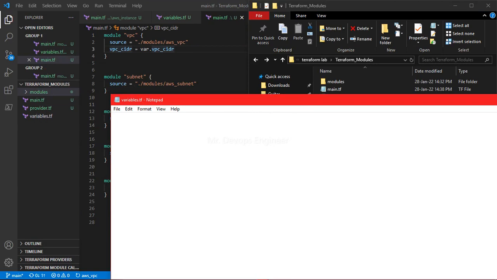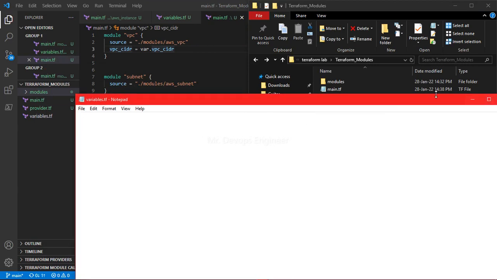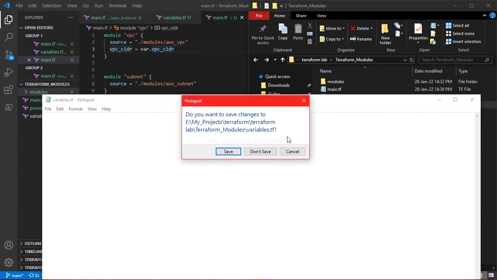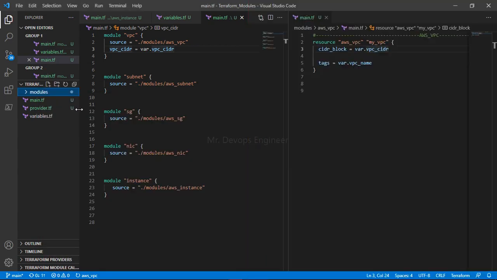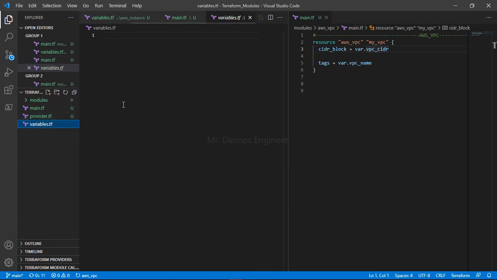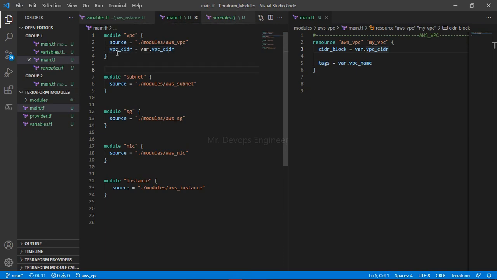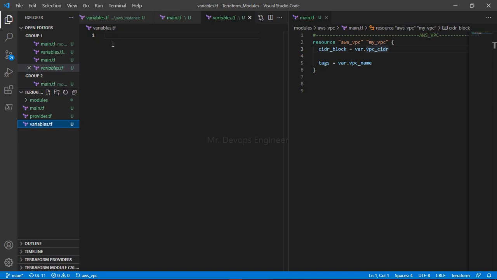Okay, so let me do it from the code editor itself. First save this. Okay, so here we do have the variable. You noticed one thing, I have given the left variable and the right variable the same name. That is a great approach, though you can define another name for the right side, because you have the variable.tf file here, you can directly define it.